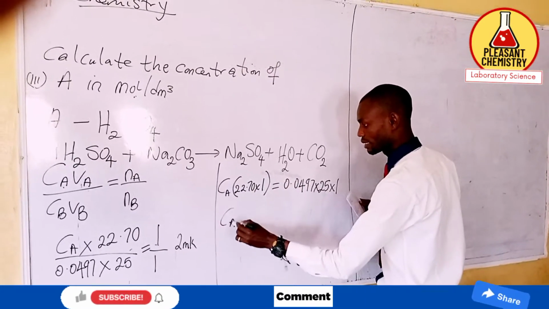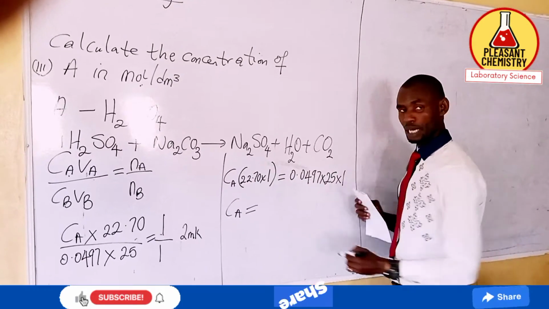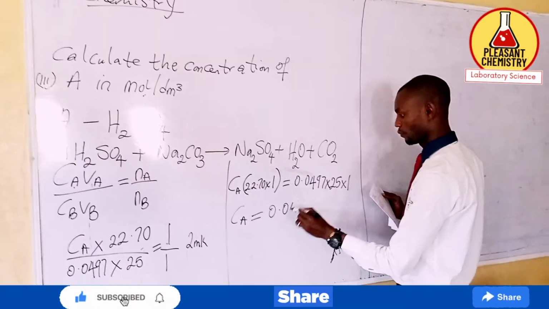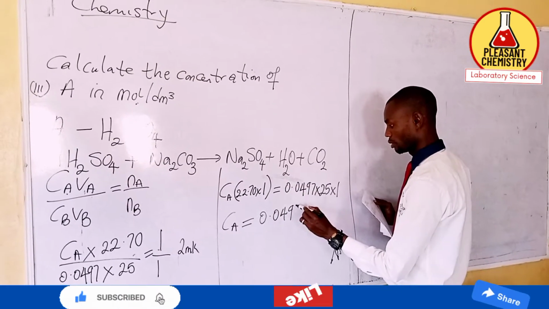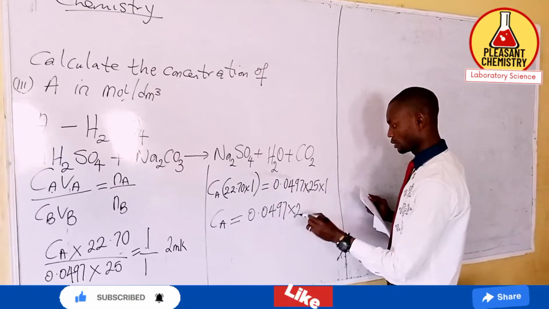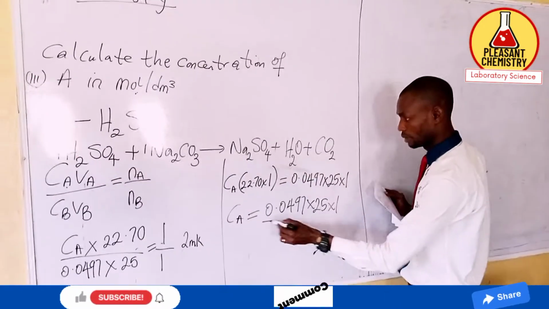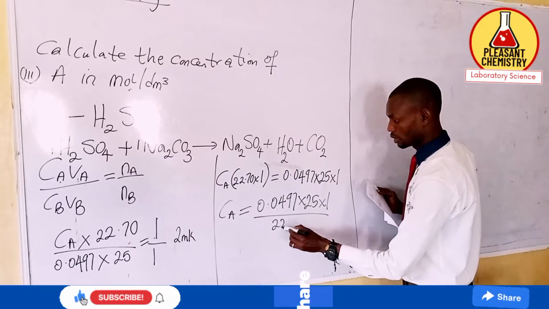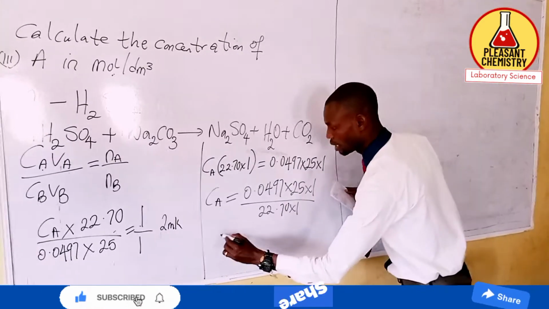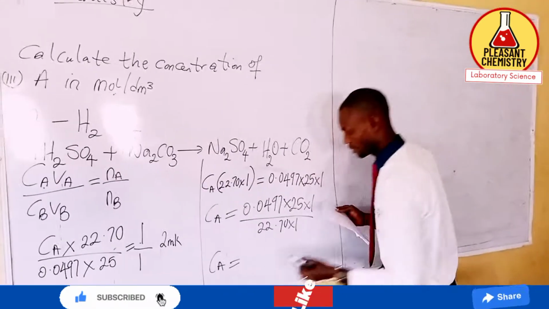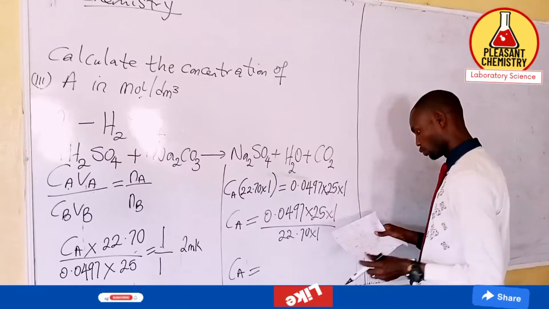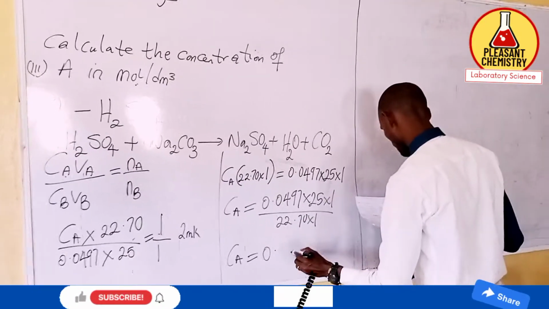So here our Ca is equal to 0.0497 multiplied by 25 multiplied by 1, divided by 22.70 multiplied by 1. Our final answer Ca is equal to 0.0547